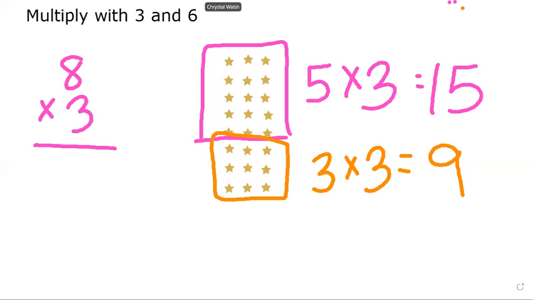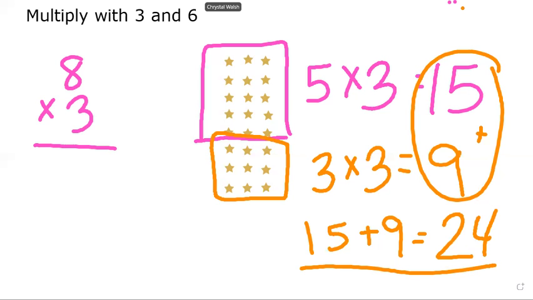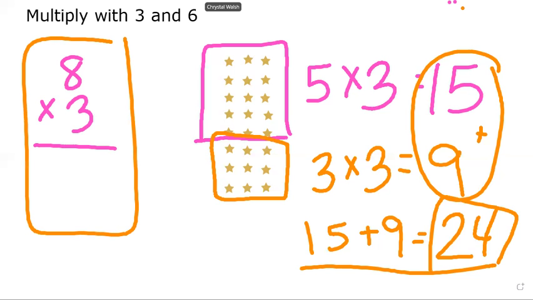So then all I have to do is add 15 plus 9. Add them up. 15 plus 9. Did you get the sum of 24? So it equals 24. So 15 plus 9 equals 24. 24 is the product of 8 times 3. 8 times 3 equals